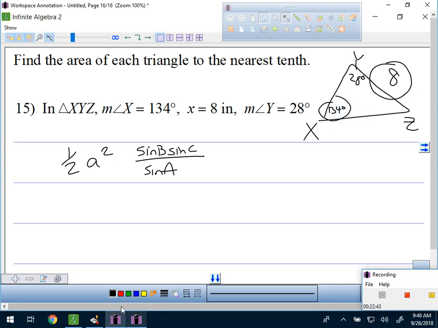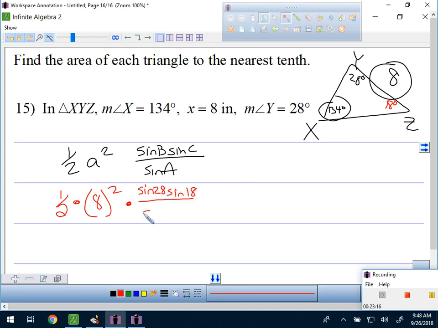That's technically the formula. And so whatever side I give you, its angle goes right there. Well, the thing I need, though, is I need that third angle. So I'm going to go ahead and say 180 minus 134 minus 28. So that gives me this angle right here, which is 18 degrees. And so I've got everything I need. So here's what I have. 1/2 times the side I give you is 8, so squared. When you type this into your calculator, guys, this is what's most important. Make sure you hit the times button after that, because if you don't, it's going to mess up this fraction. So hit times, then make the fraction, and put sine of your other two angles, which are 28 and 18,